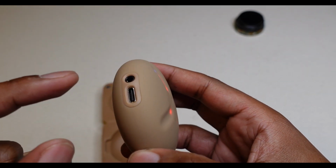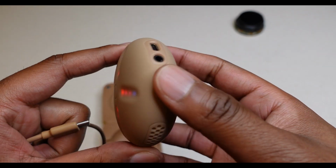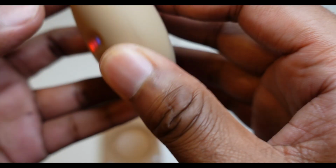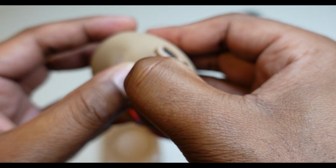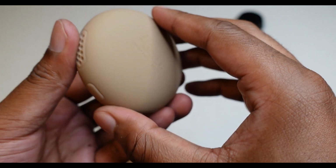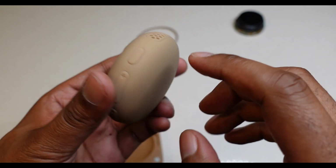I'd also like to try something where I take this jack and attach this to my DJ controller and see what kind of creative things I can come up with. It feels kind of like a cell phone with a gel case on it. And in fact, that's kind of the idea. There's this hard plastic underneath here. That looks like where a speaker is. Yeah, that's all I see is just one